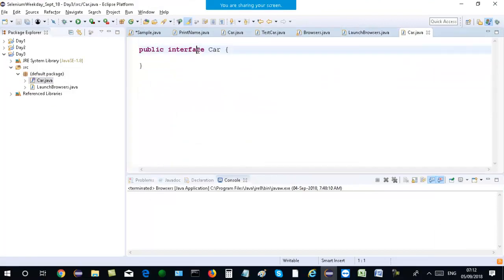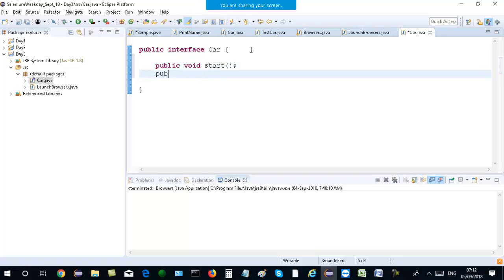Let's talk simple. What are the properties of a car? What are the features of a car? A car can start, a car can stop,